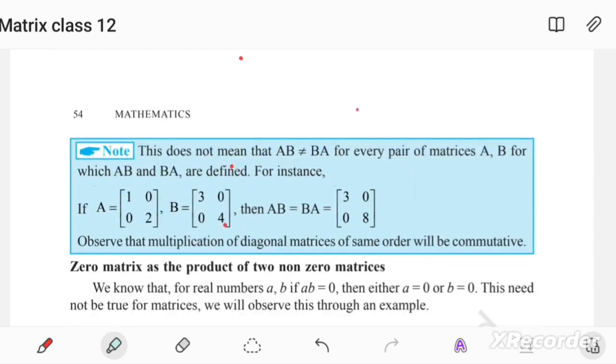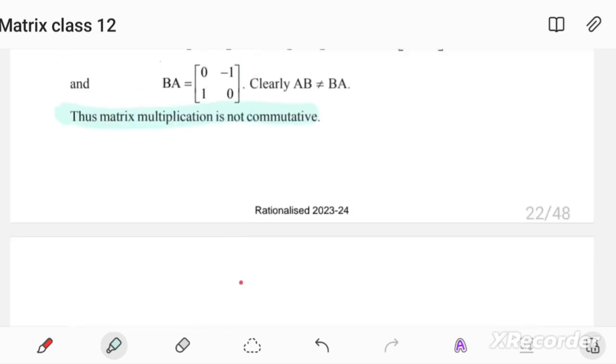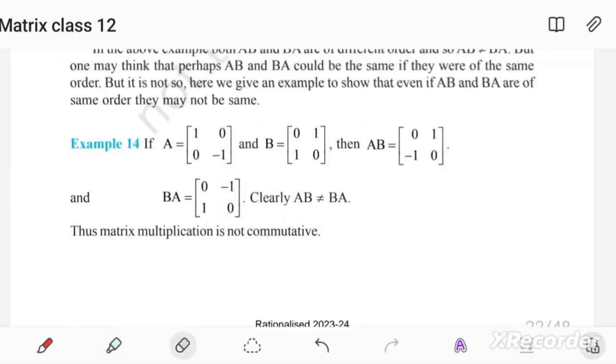Again, one more time, is matrix multiplication never commutative? No, sometimes it is commutative, sometimes it is not. It is commutative only when the matrix given to us is an invertible matrix, that means it has an inverse. Okay, I hope it is clear to you.